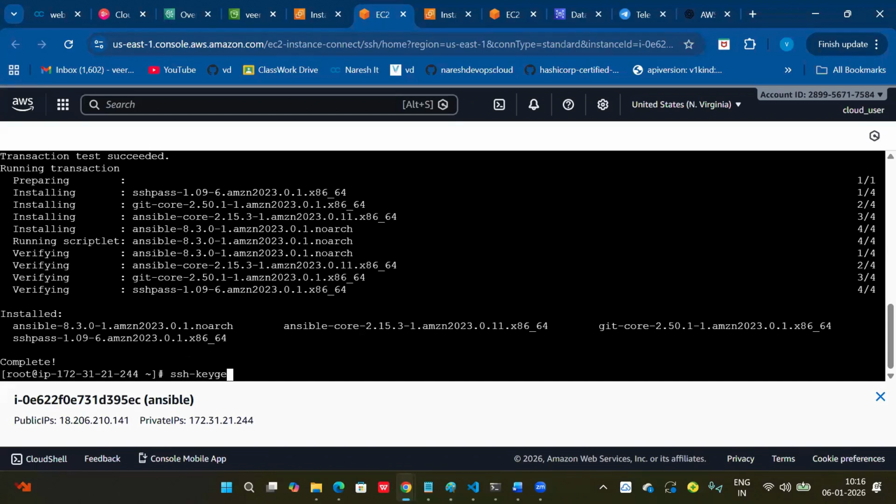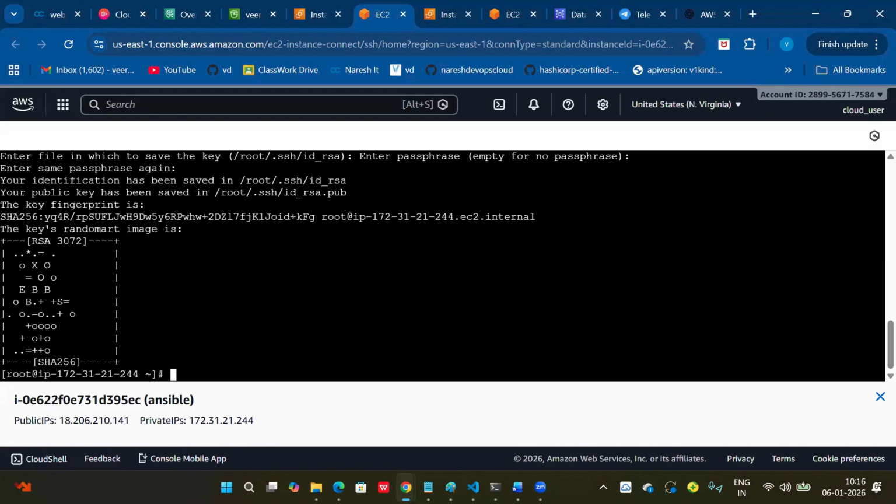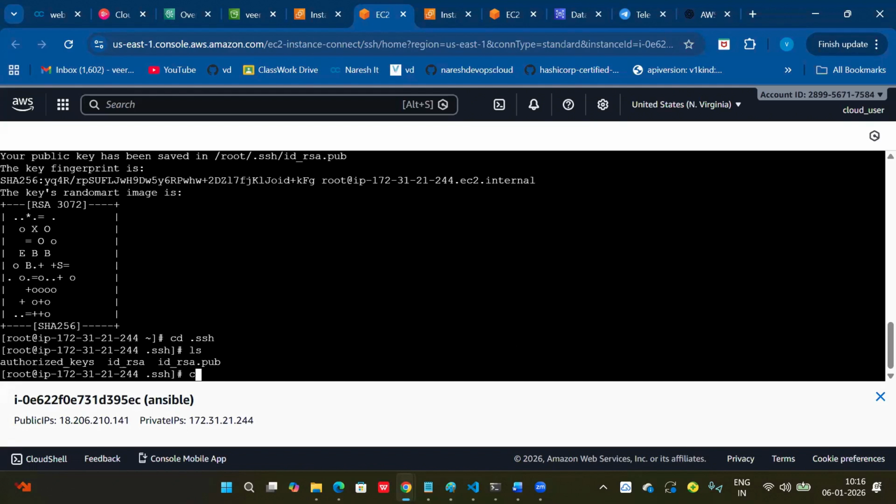SSH keys, and cd .ssh. So cat id_rsa.pub, the public key.